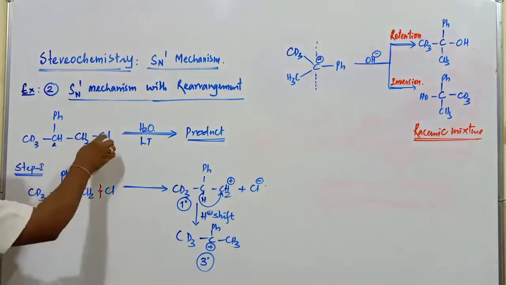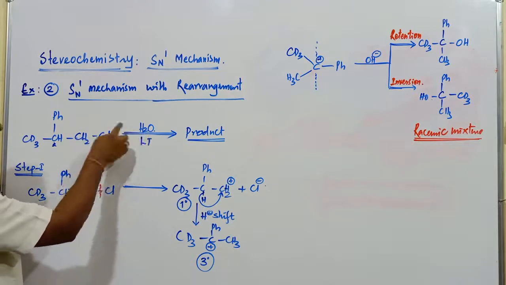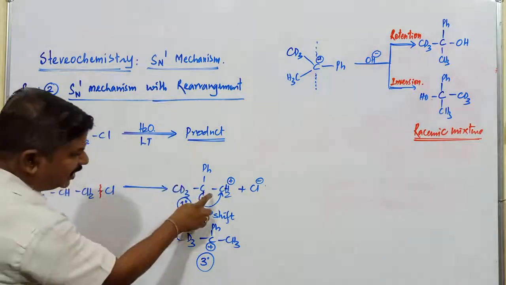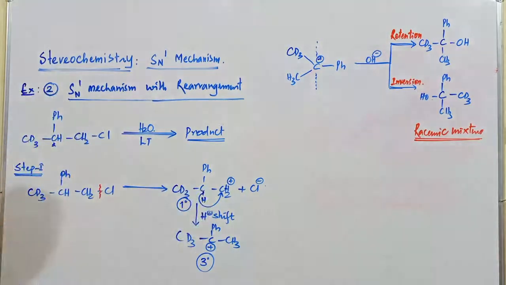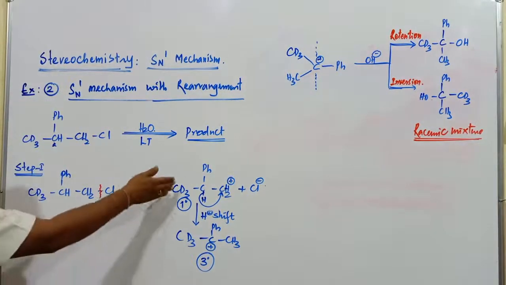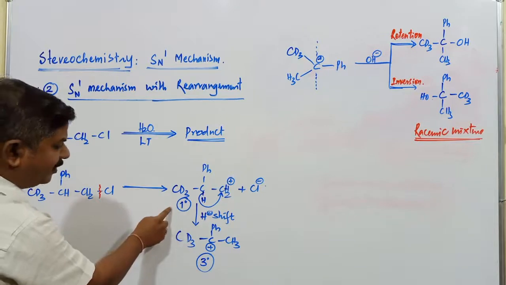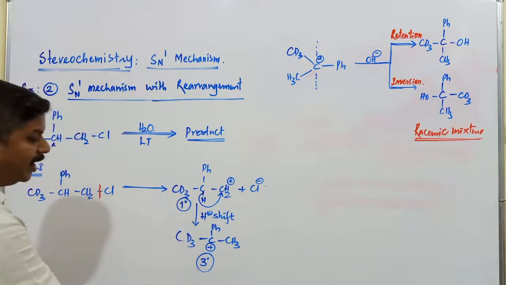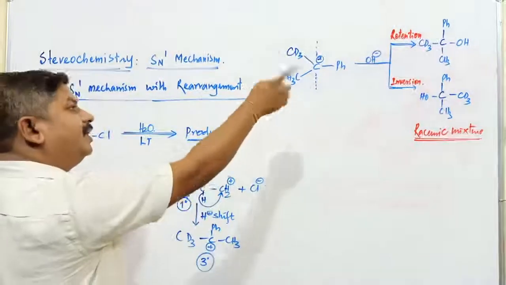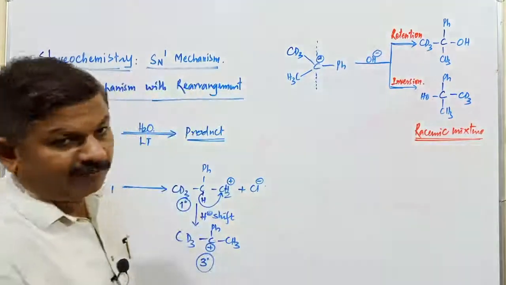Here the chlorine atom, after removal of the corresponding halogen atom, OH minus does not directly attack on this carbon atom only. First, formation of such type of carbocation takes place. Again the carbocation undergoes rearrangement to convert into tertiary. Wherever there is a possibility of conversion of a lower stable carbocation into a higher stable carbocation, such type of shift takes place. Afterwards, attack of the nucleophile takes place, and that results in the formation of a racemic mixture.